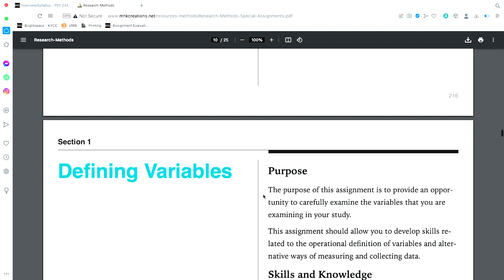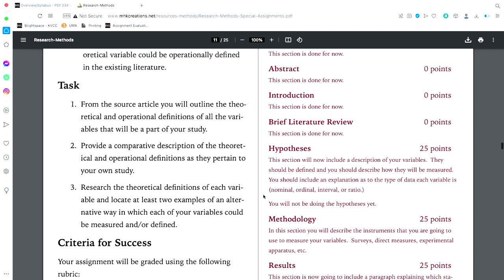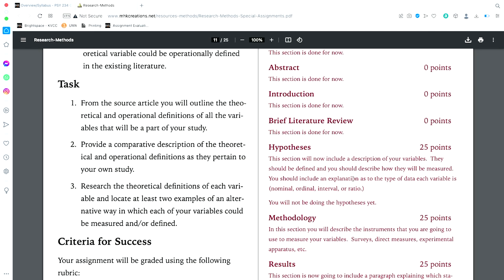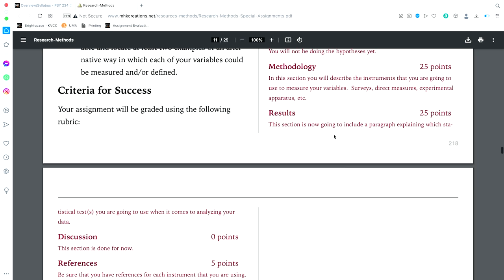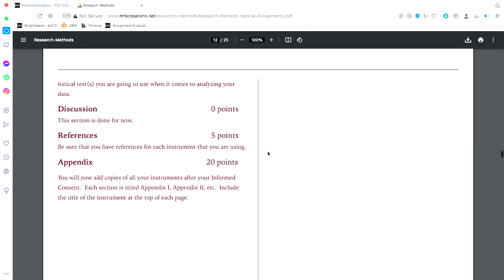When we come to defining variables, you'll see that there's changes in the hypothesis section, changes in the methodology section. I'm asking you to do some things in terms of explaining what statistics you're going to use, then making sure that your references are up to date, and then copies of all your instruments going into the appendix. So you see, you're taking that same document and just making it richer and richer as you go along. So one document that you're revising for each one of these